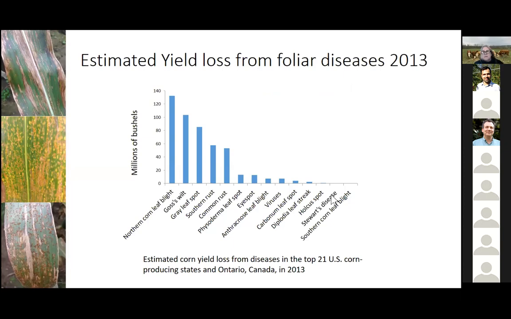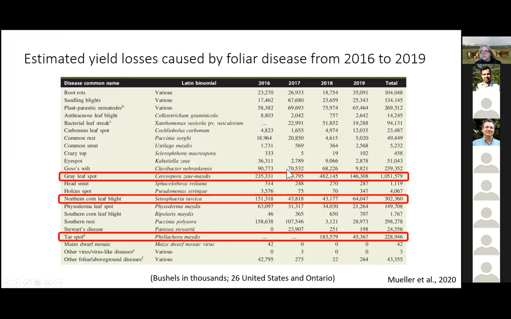Now, I like to brag that northern corn leaf blight is one of the most devastating foliar diseases, the most common foliar diseases. And this is from earlier on in our epidemic. And I think there's about 3 or 4 years where we really had an epidemic in New York and in the Midwest for northern leaf blight. It's one of the most devastating or one of the most common, prevalent diseases. In these more recent years, it's kind of tamed down a little bit. It's still present. The gray leaf spot has certainly taken a leading role.